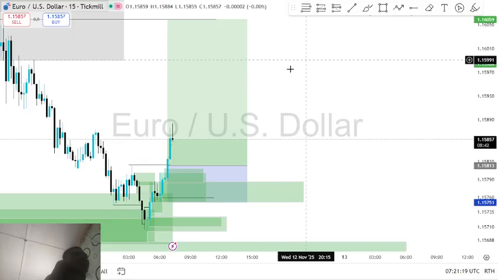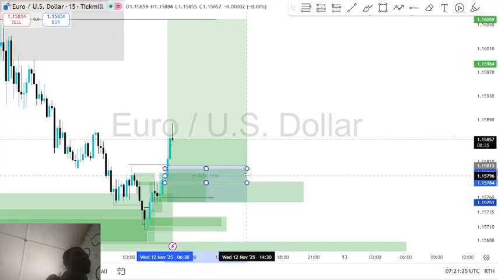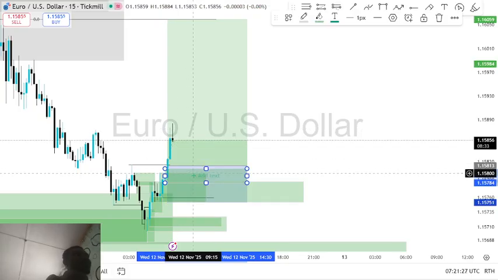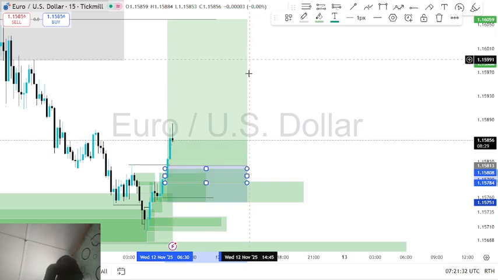So we'll see, because we already changed structure. If price comes back here and we change character, even if we are continuing,